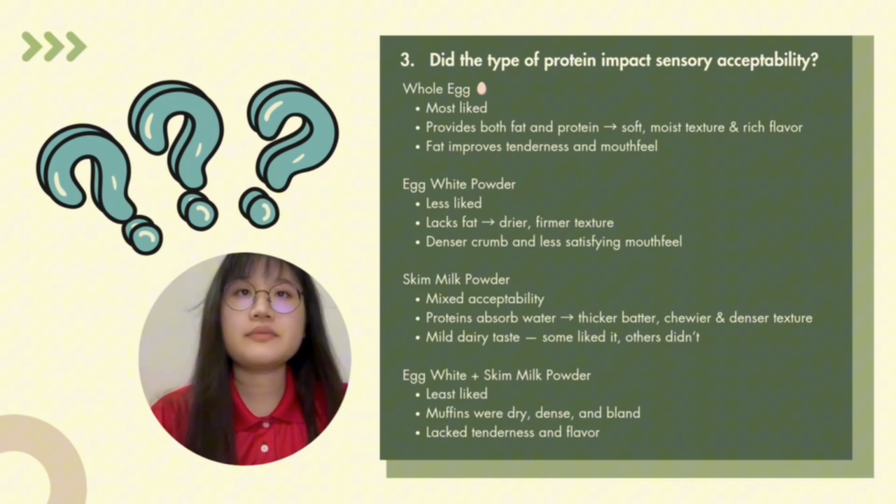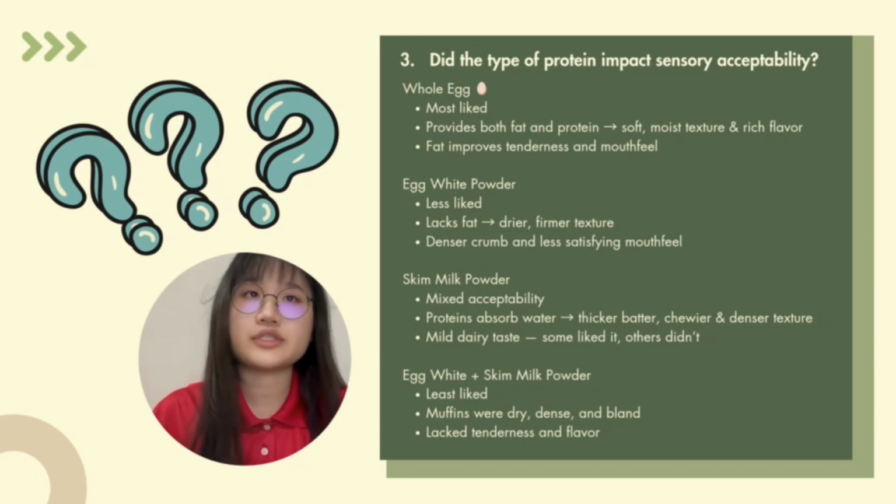Yes. Muffins made with whole egg were generally the most well-liked because the whole egg contained both protein and fat, which help create a soft, moist texture and rich flavor. The fat contributes to tenderness and mouthfeel, making the muffin more pleasant to eat. In contrast, the muffins made with the egg white powder were often perceived as too dry or firm, because egg white lacks fat. Even though it supports the foam formation, it often results in a denser texture and a less